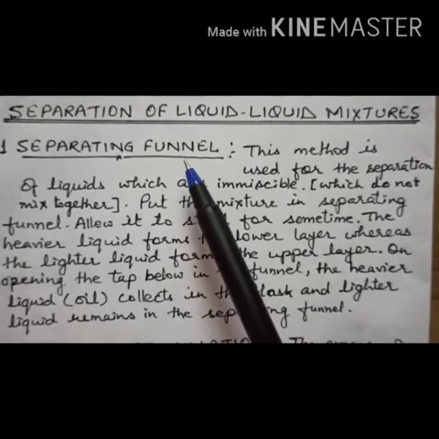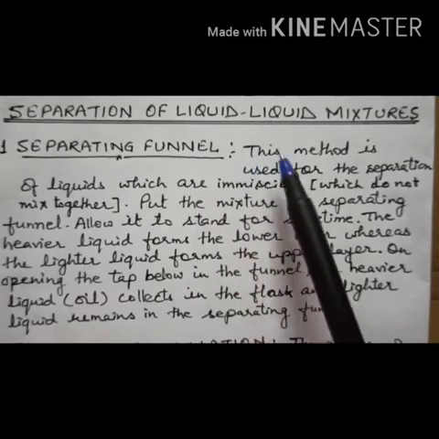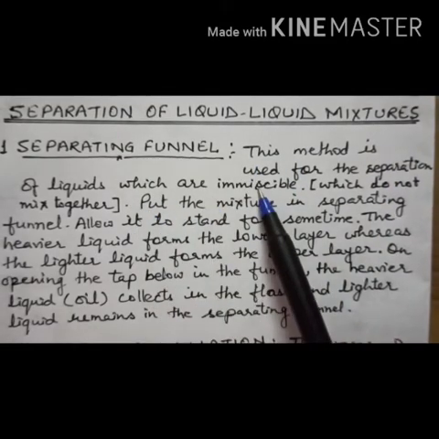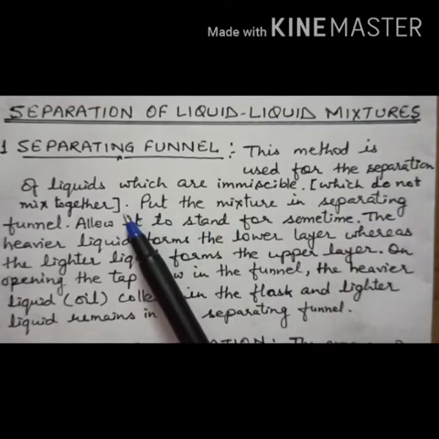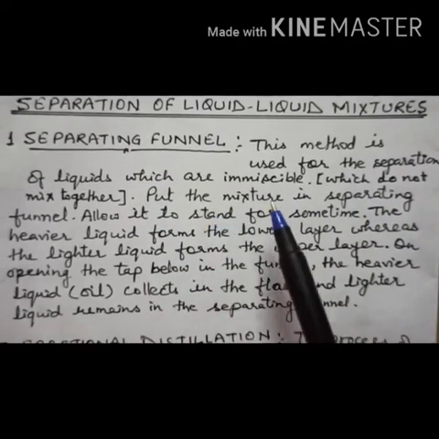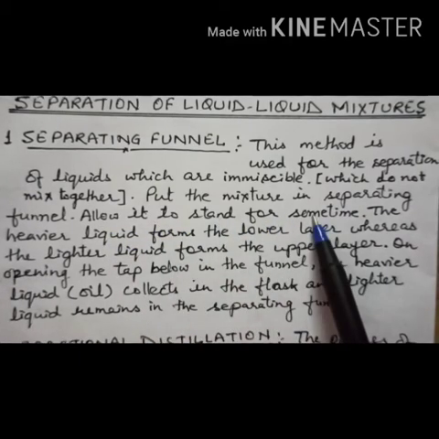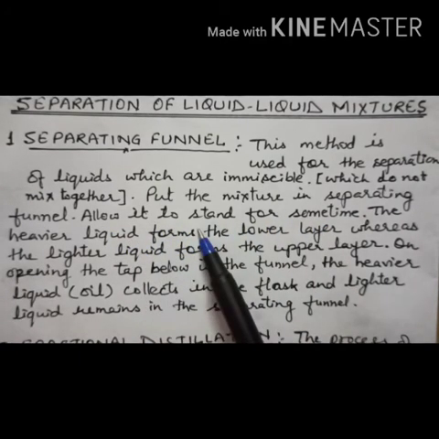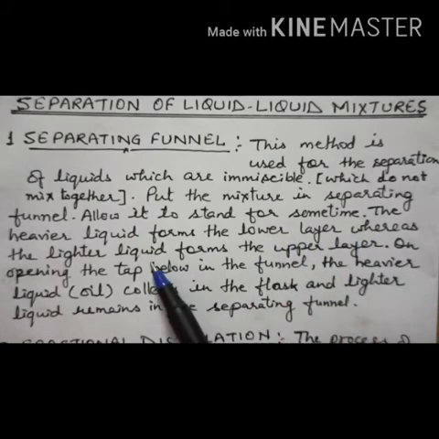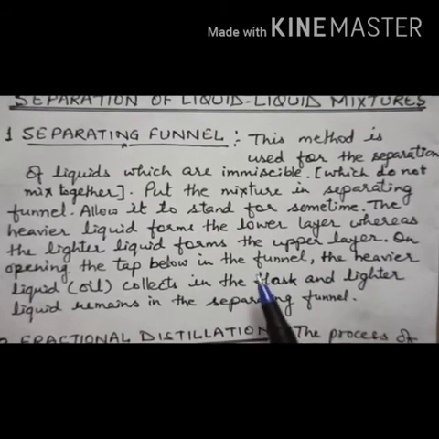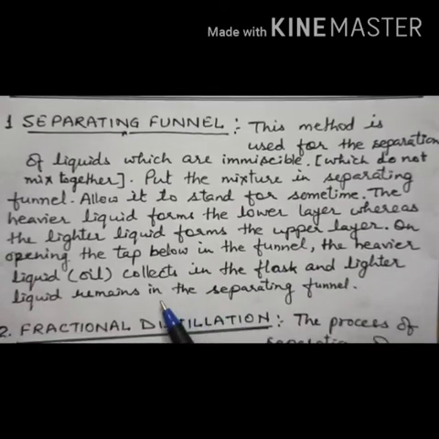So first we will discuss the separating funnel. This method is used for the separation of liquids which are immiscible, that is, which do not mix together. Put the mixture in a separating funnel and allow it to stand for some time. The heavier liquid forms a lower layer, whereas the lighter liquid forms an upper layer. On opening the tap below the funnel, the heavier liquid collects in the flask and the lighter liquid remains in